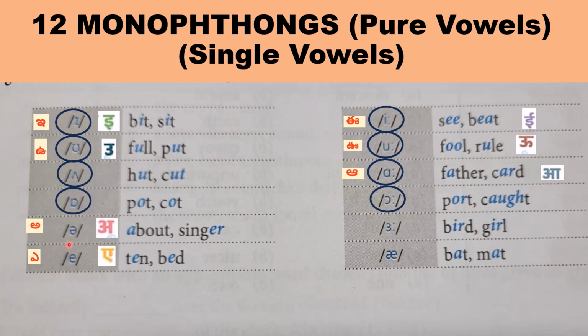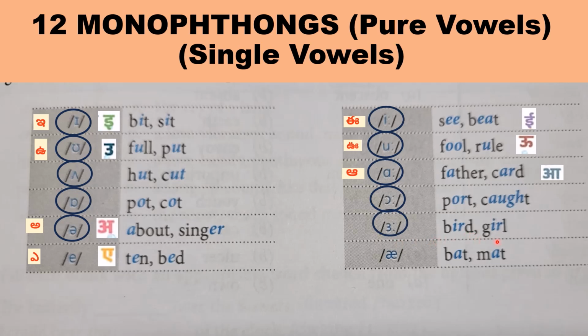Then comes the next, a very short sound. I have given the Telugu and Hindi sounds here, students. Like about, singer. So A here and E here. In singer, E gives an a sound and A gives also an a sound, student. That is what I told you. 44 sounds are produced in these ways, students. See, A and E, two different letters, but they are giving the same sound. And here it is a longer